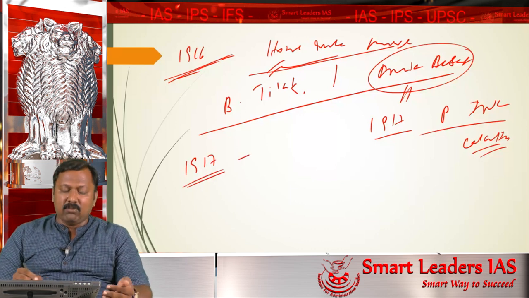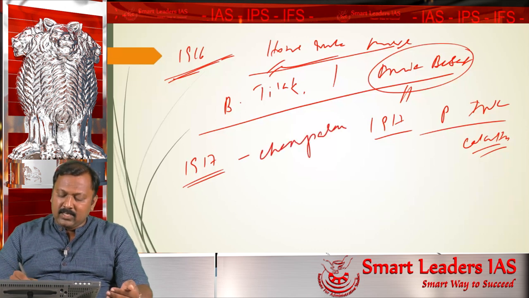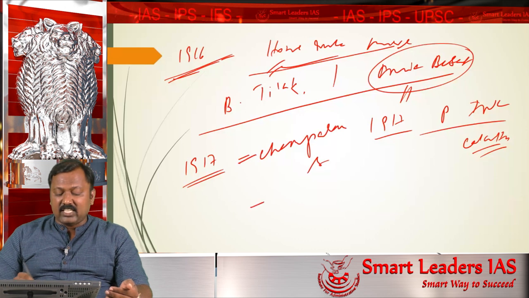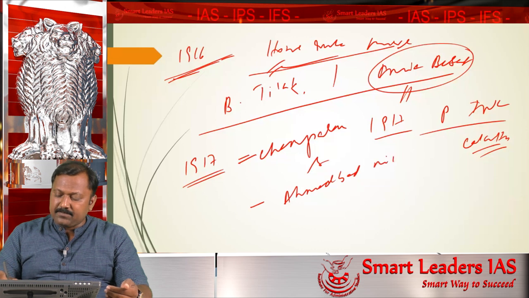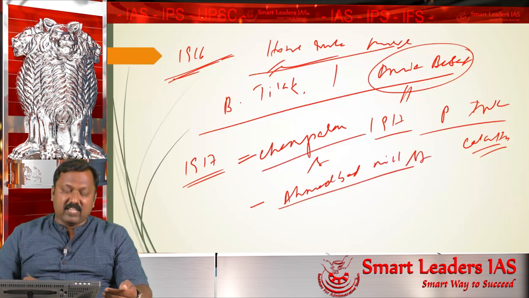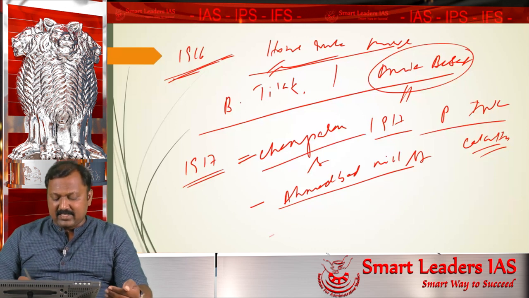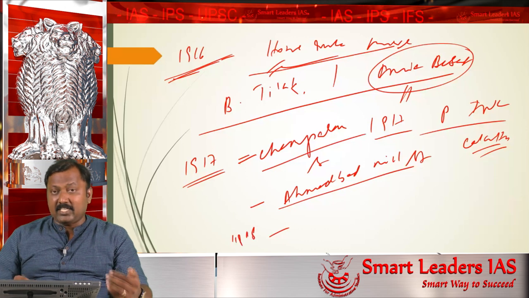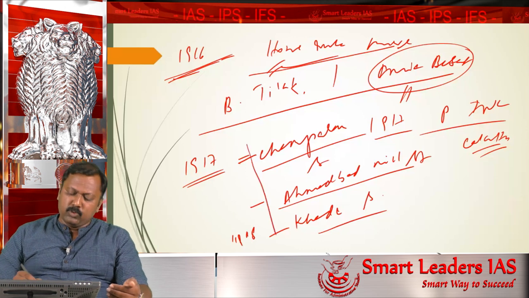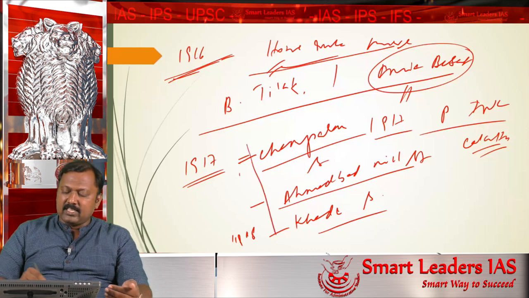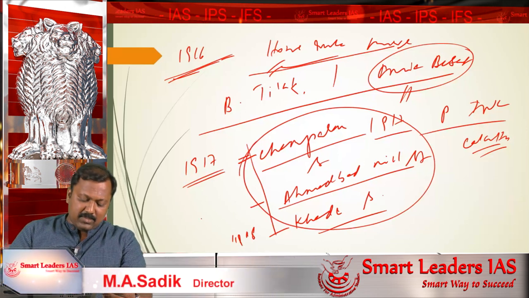In 1917, we have Gandhi's entry into a movement which is called Champaran. Champaran Satyagraha, 1917. Next, in sequence, we have the Ahmedabad Mill Strike, where Gandhi took part actively, and these movements were a success. And in 1918, Gandhi participated in another movement called Kheda Satyagraha. These initial three movements, Champaran, Ahmedabad Mill Strike and Kheda, established Gandhi as a leader and established Gandhi's name amongst the masses.